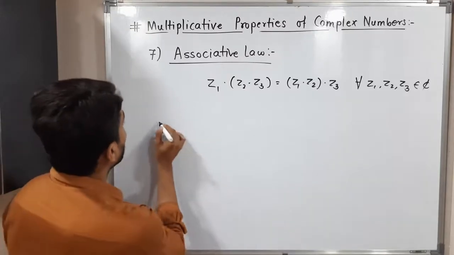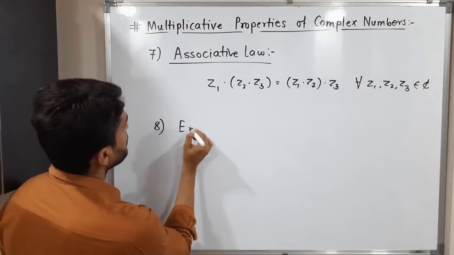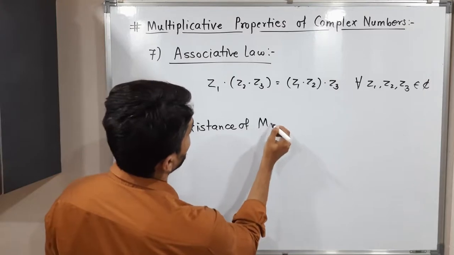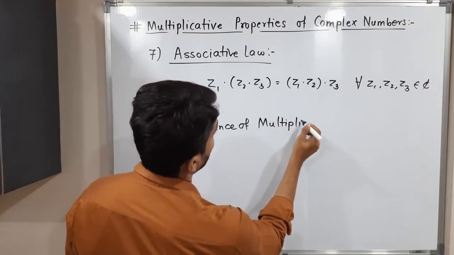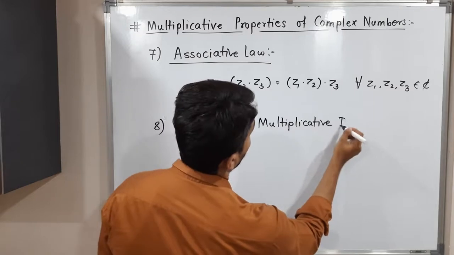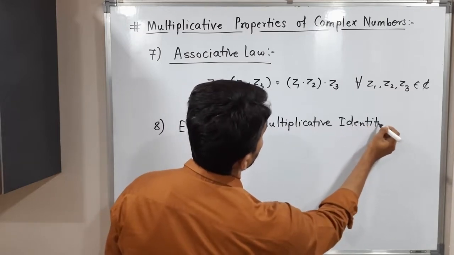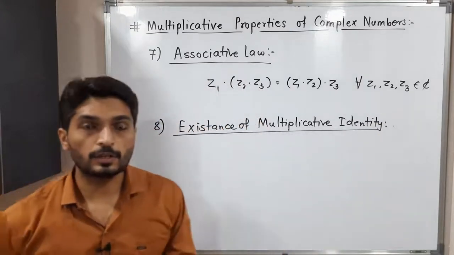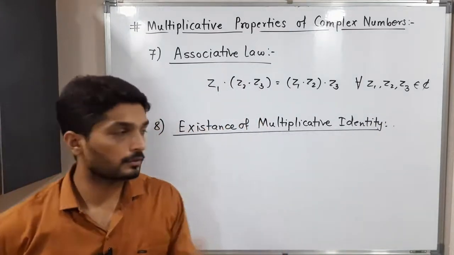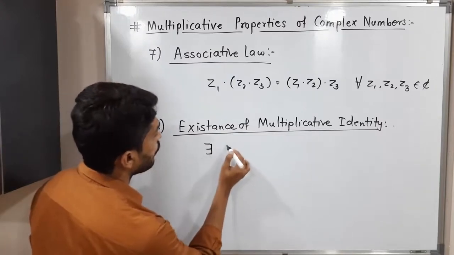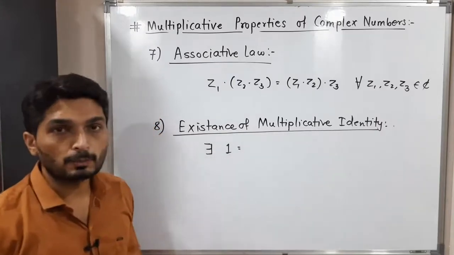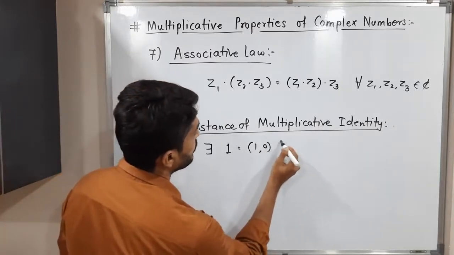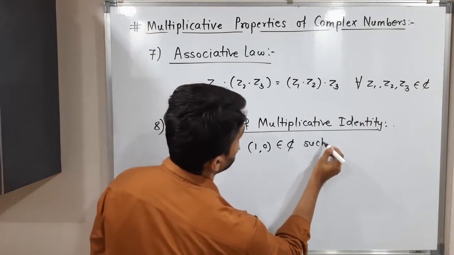So the next property is existence of multiplicative identity. Okay, so let me explain the property. It says there exists one complex number, 1. You know that 1 is a complex number with real part 1 and imaginary part 0. So we can write it in this way, 1 comma 0 in C such that